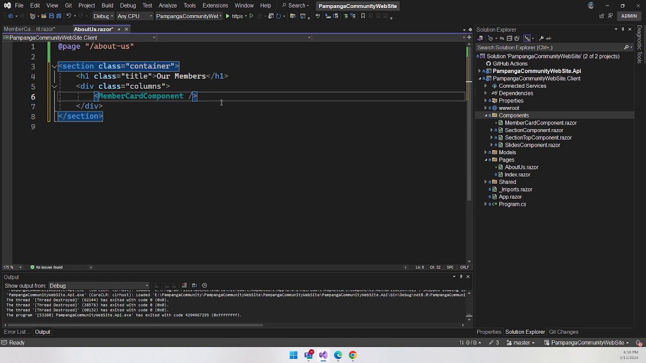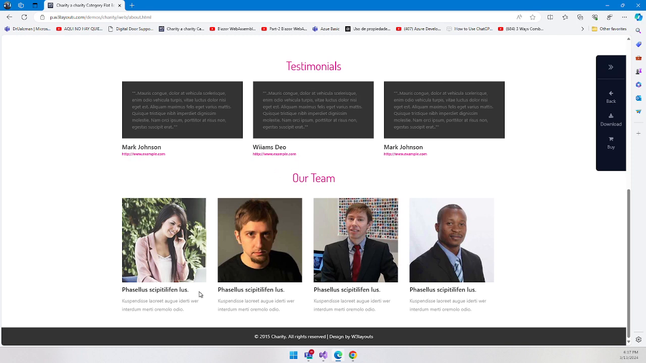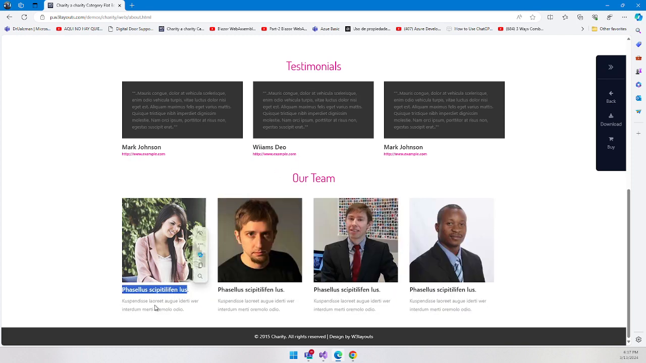and I can repeat this one 4 times, but I don't like to repeat 4 times. What I'm going to do is create a data structure where we can set up what data this component should have. If we look in here, we need the name and a small description, but we're only going to use the name and also the picture. Okay,